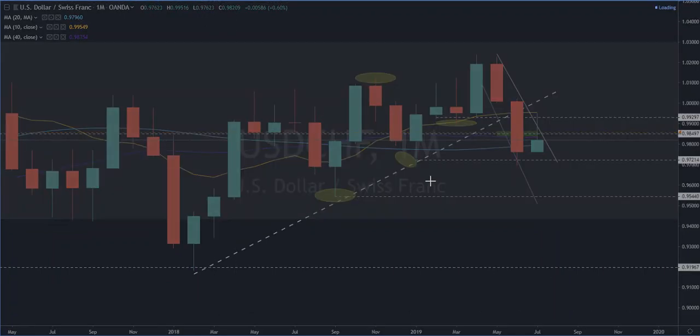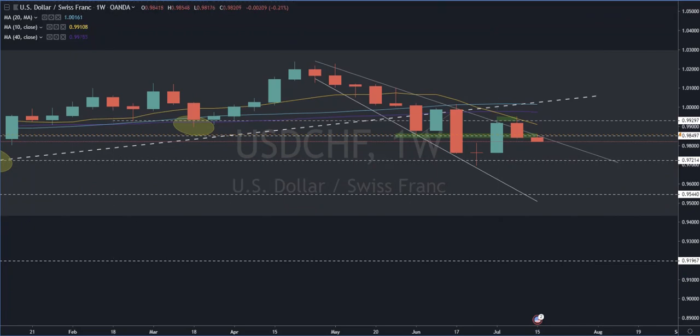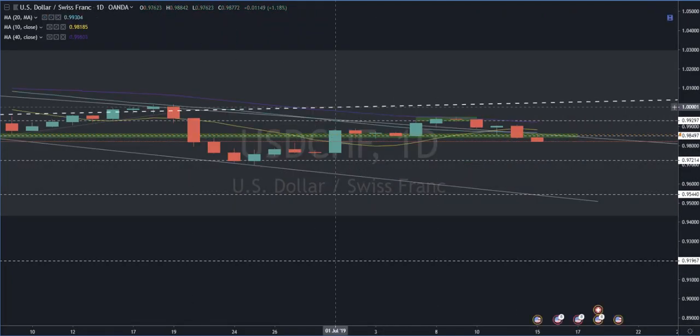So if we drill down to the lower time frame, this is a weekly, on this descending trend line here on the weekly time frame, we had a strong bearish close. More importantly, it closed within the upper trend line for this descending trend line on the weekly time frame. And then if we drill down lower again to the 4 hour,